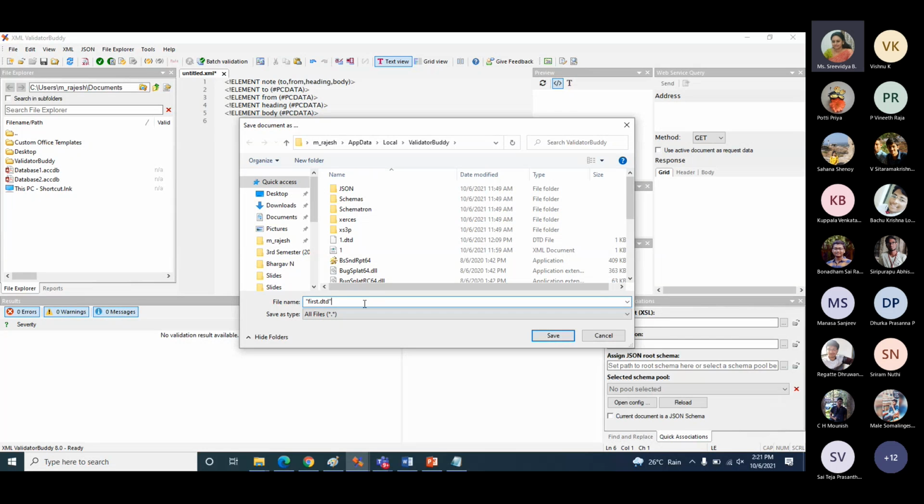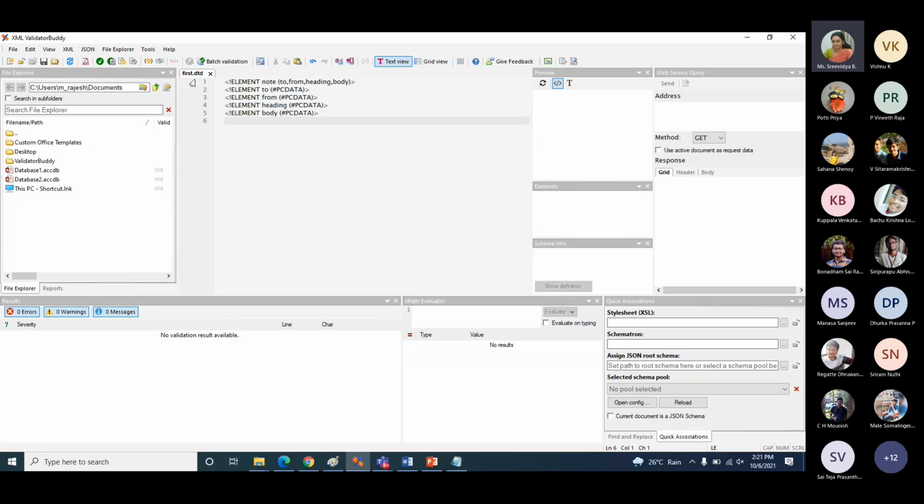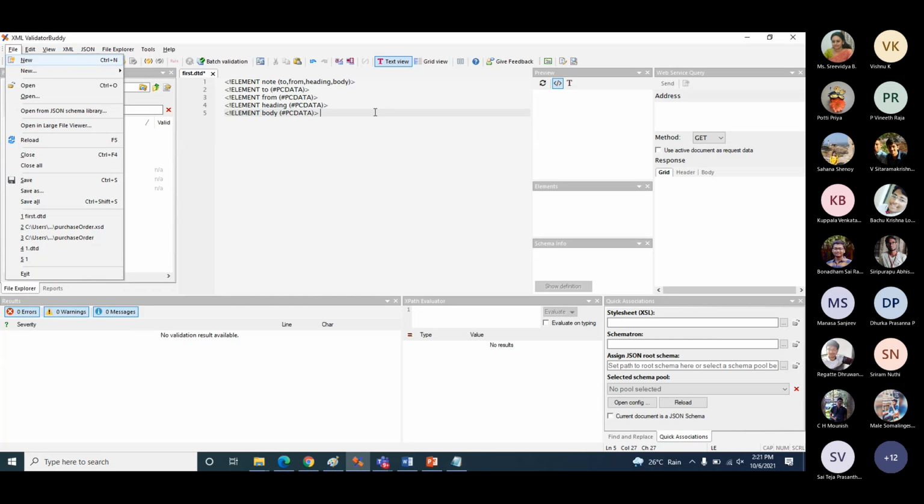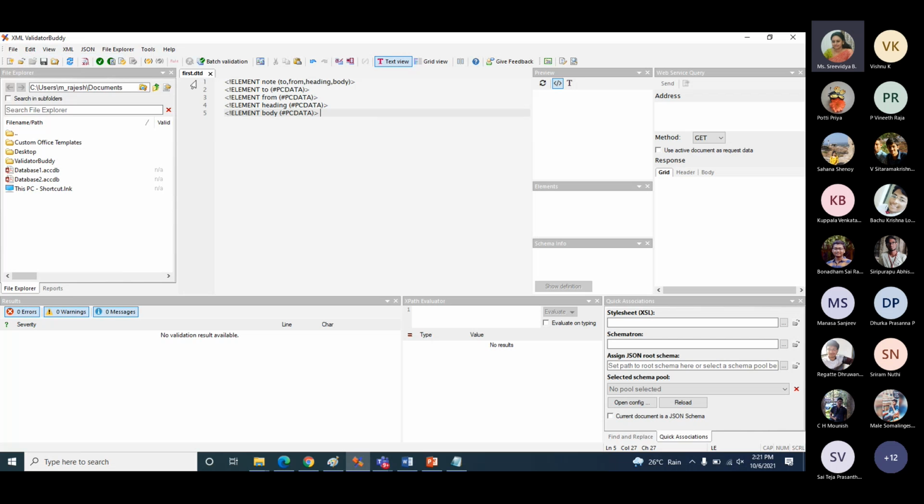Make sure when you are saving the DTD file with its extension, you give the name in double quotes. Now you can see on top the name of the file has changed to first.dtd. So this is fine. Your DTD file is ready.